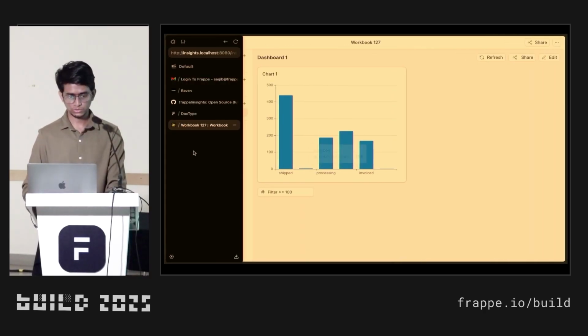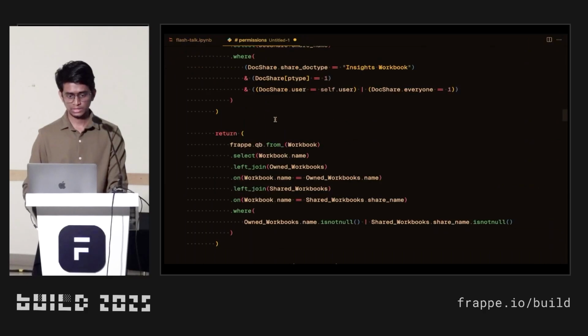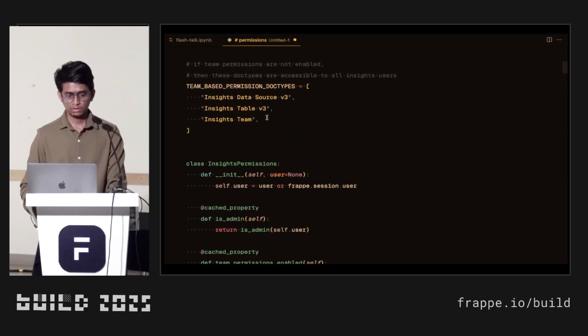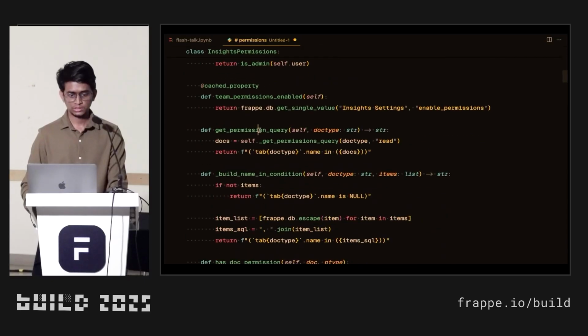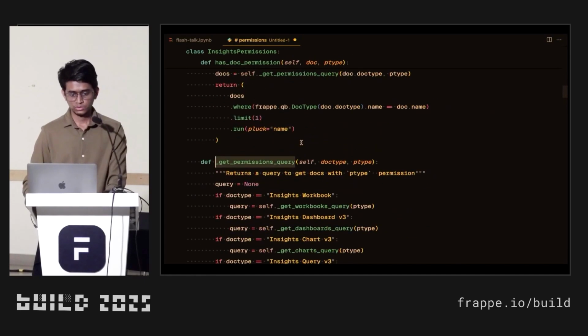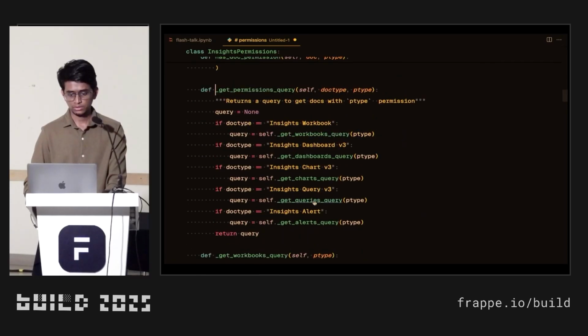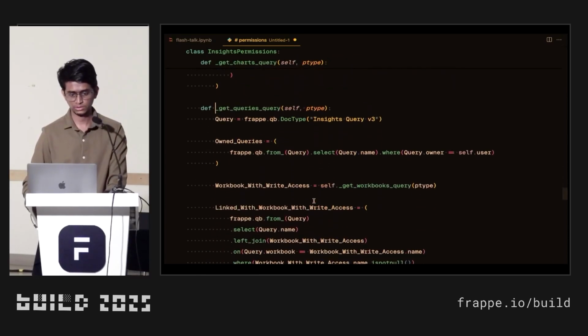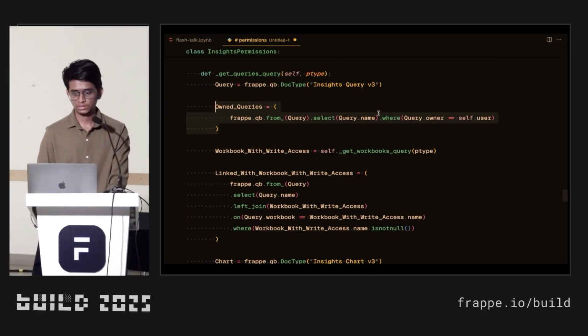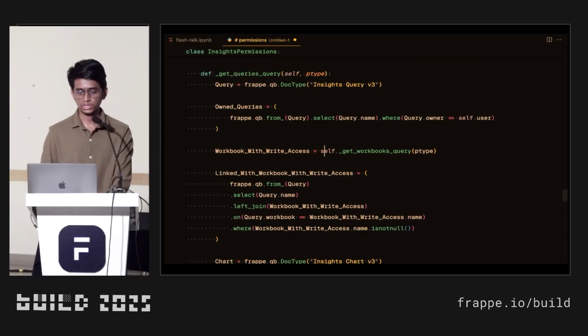So I'll just show you how this looks in the permissions here. So there is this get permissions query, and assume this is a workbook. So let's see the queries query. So I fetch the owned queries here. It basically checks this condition. I fetch all the queries, fetch the query to return the workbook